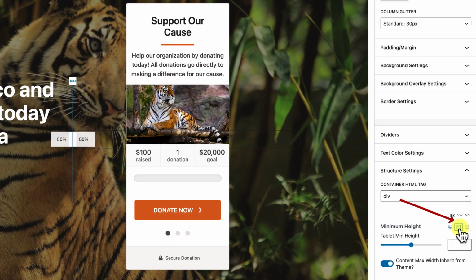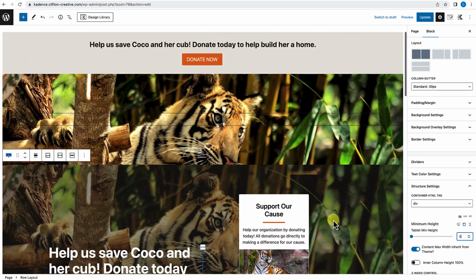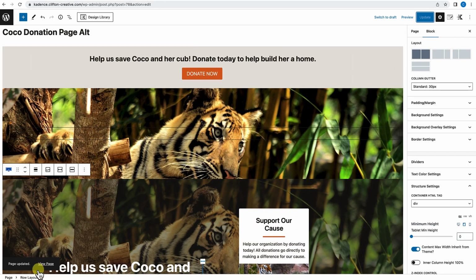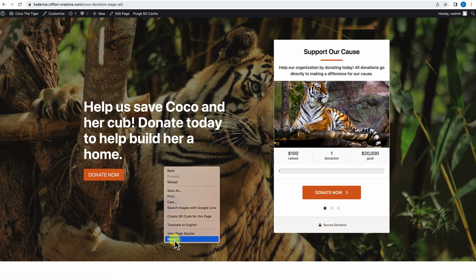Now when you click on this, it isn't going to make any change here in the viewport, but just keep in mind that that's where you are. What we're going to do here is put a 0 in that area. Make sure you have the tablet option selected, so tablet view selected. We're going to add a 0 there, and what that's going to do is collapse this entire section. So if I save this now and I view the page, right click, inspect to access